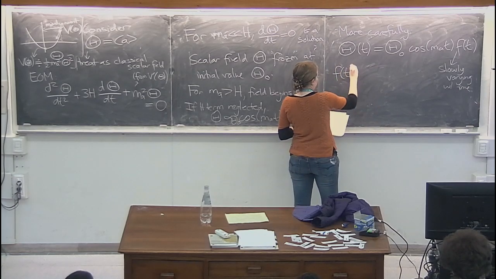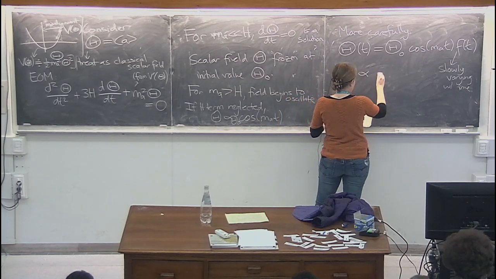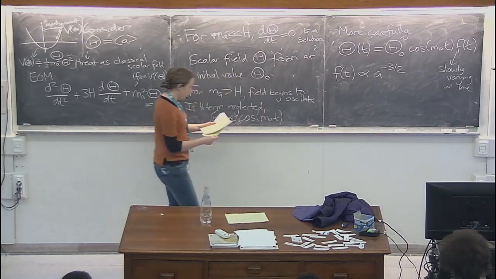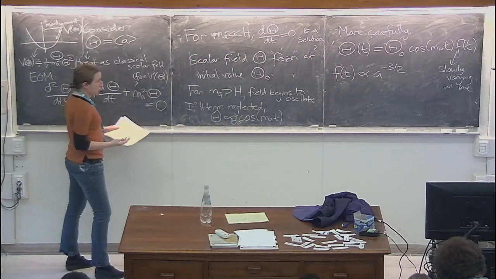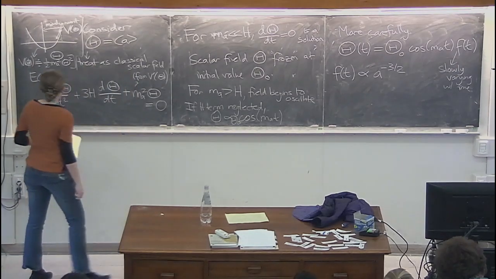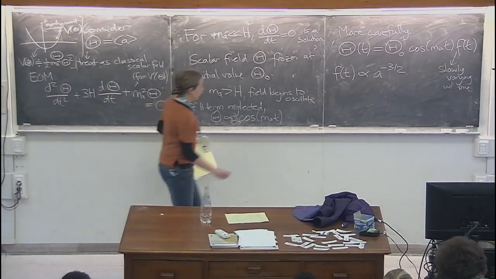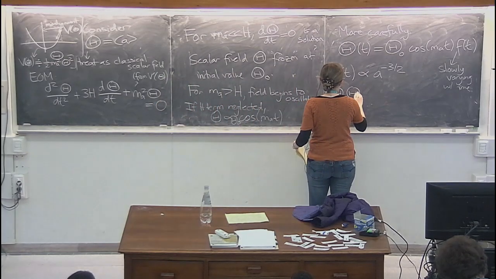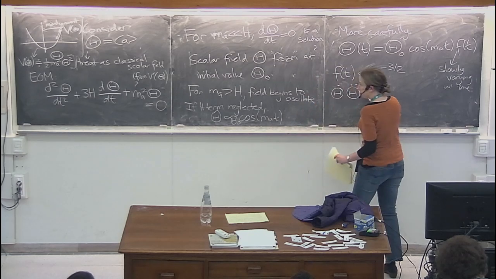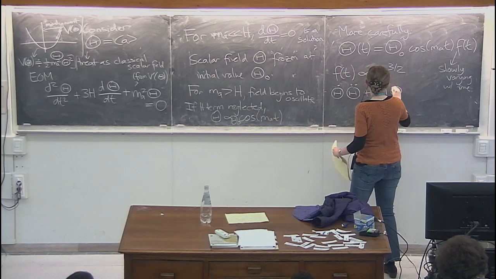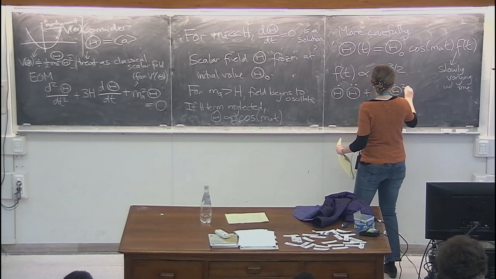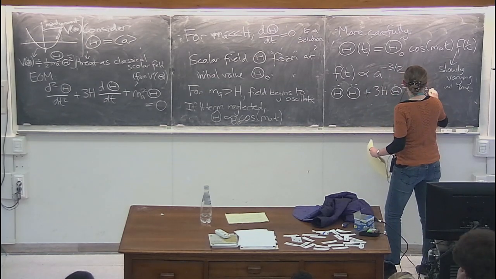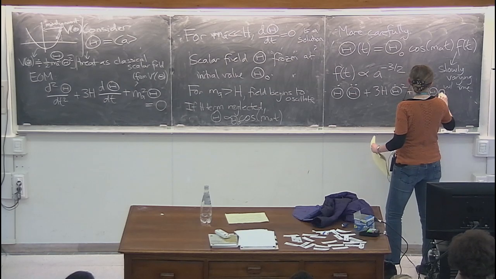The easiest way that I know to see that is if you multiply this equation by theta dot, then you can rewrite it. This is just multiplying the whole equation by theta dot, but then we can write this